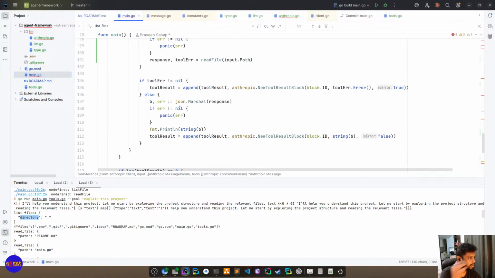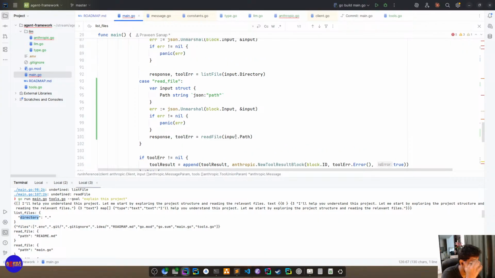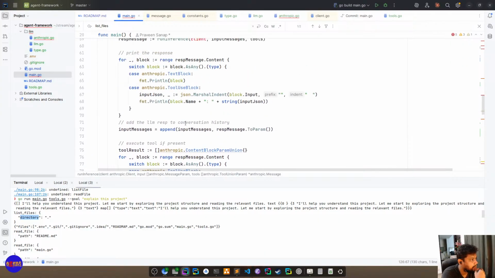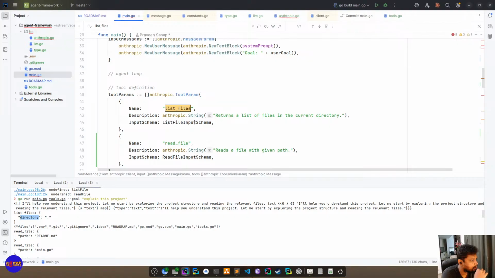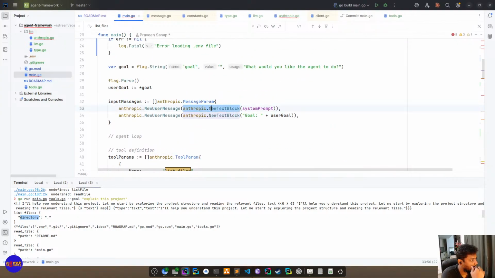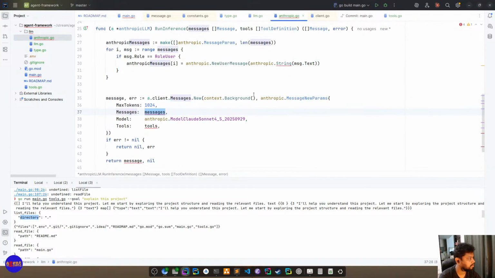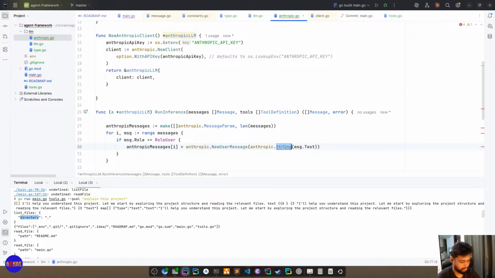Let's find here how we were constructing the message, right? Okay, new text block. Okay, text block. Right. And this is if full user is not present, right?